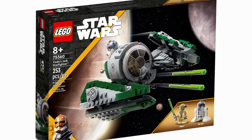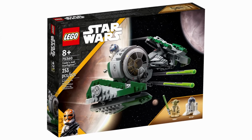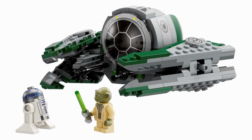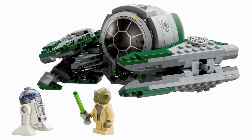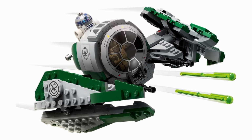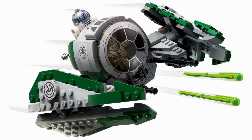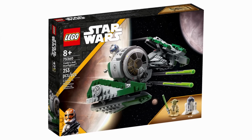Then next up is 75360 Yoda's Jedi Starfighter from 2023. This is definitely a cool little set. It's not insanely popular just because nobody really wanted this to be remade. Although if you're interested and you want Yoda, I mean, I have to say it's a pretty good build. It's fairly accurate, although I probably would wait until it goes on sale if you want to get it before